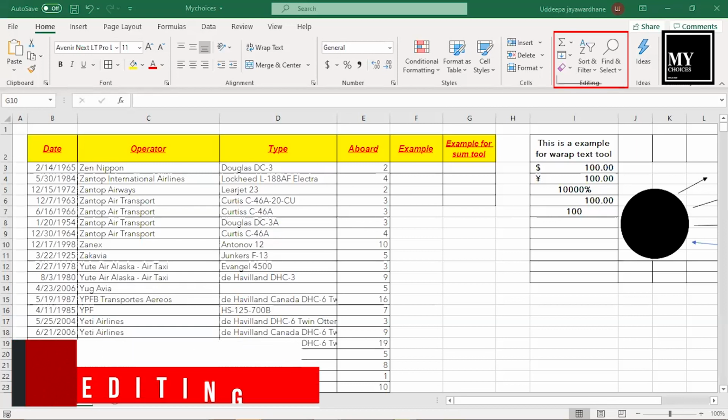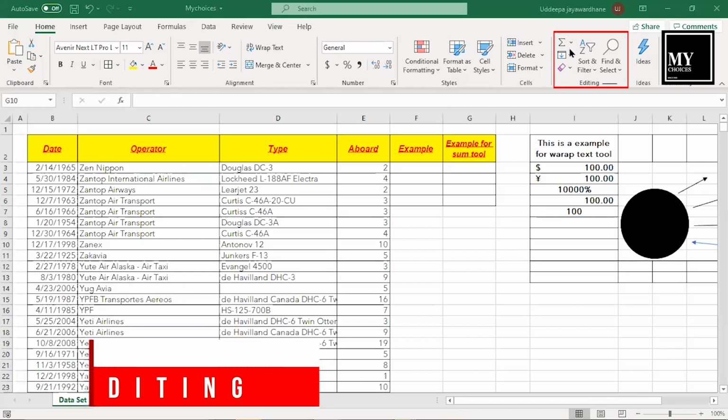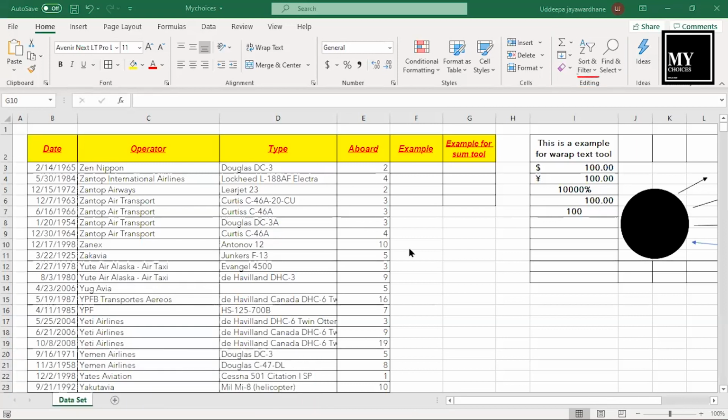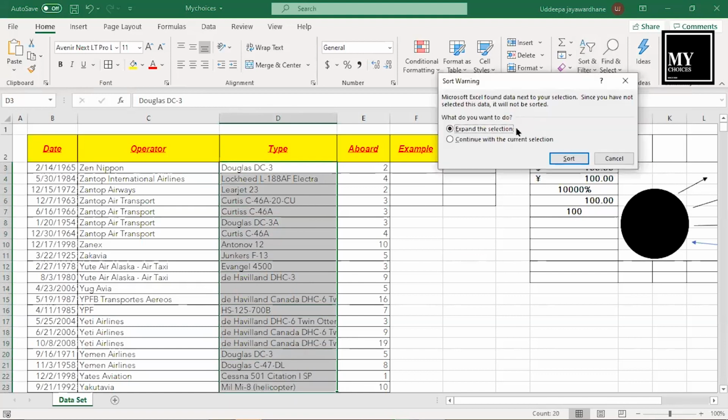The last group is the editing group. In the middle of this editing group you can see a sort and filter tool. Easily, you can sort a selection in alphabetical order with the sort and filter tool, like this. In here, if you select the expand the selection option, it will also sort the relevant row